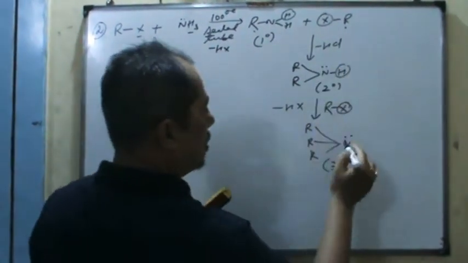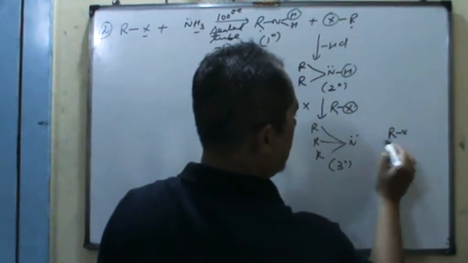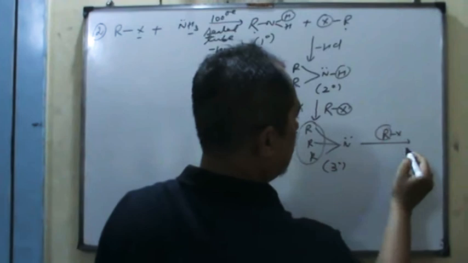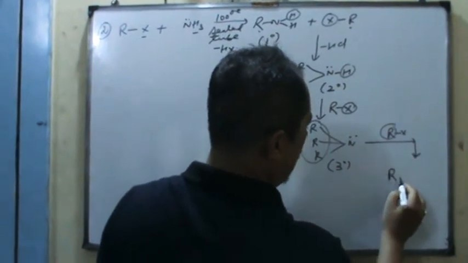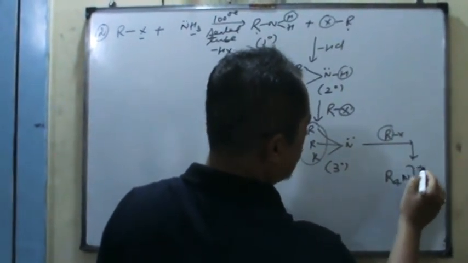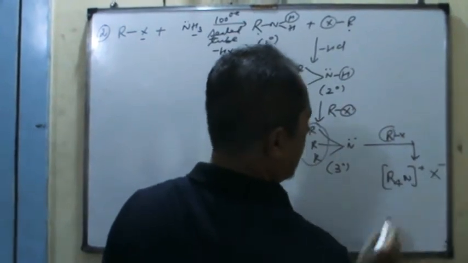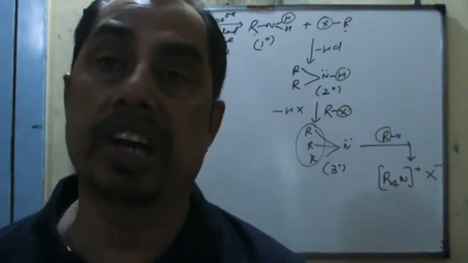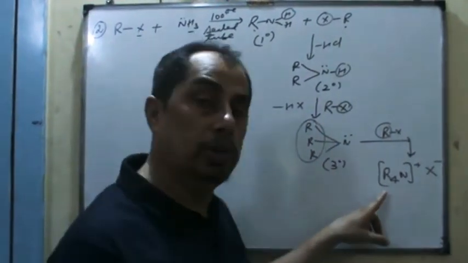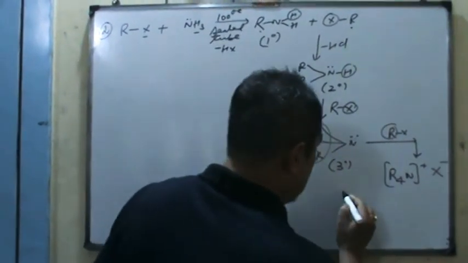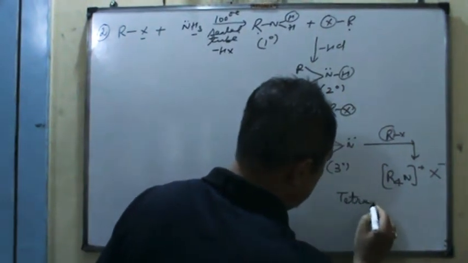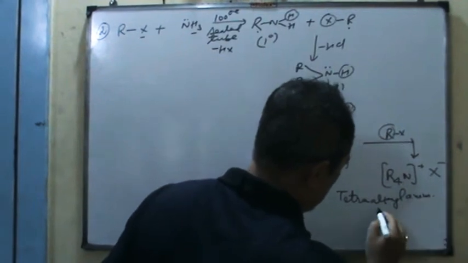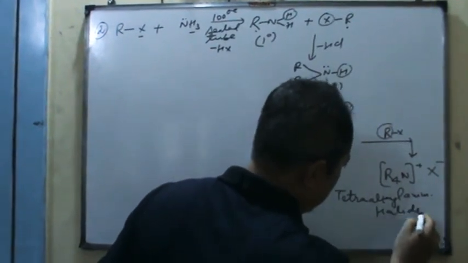Now addition reaction takes place and this R, 3 R and 1 R, forms R4N positive and X negative. It is known as quaternary ammonium salt or tetraalkyl. How many alkyl groups? 4 alkyl groups. So it is called tetraalkyl ammonium halides